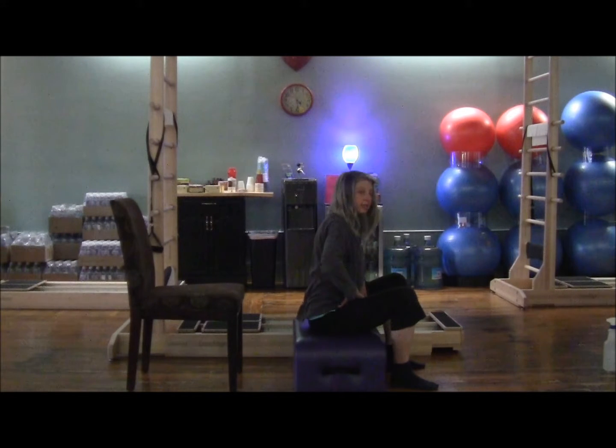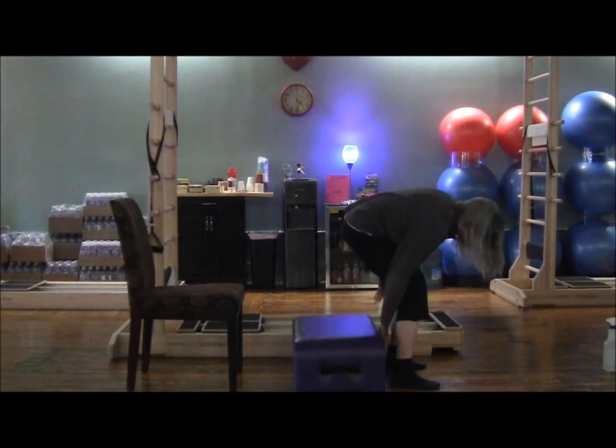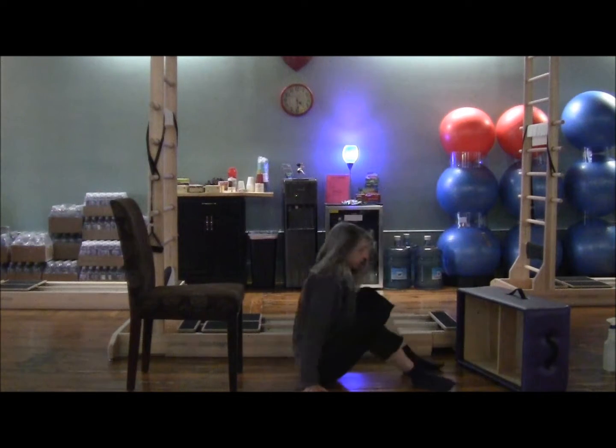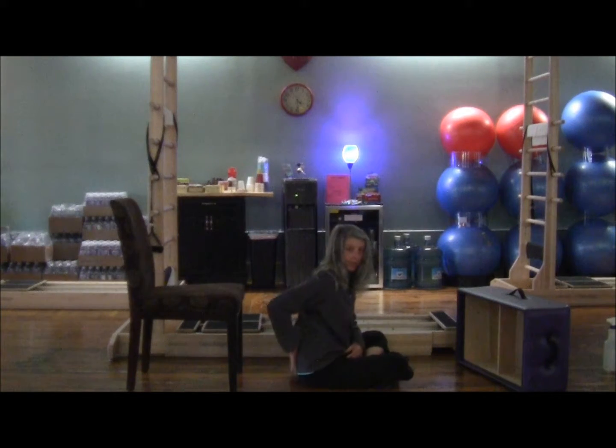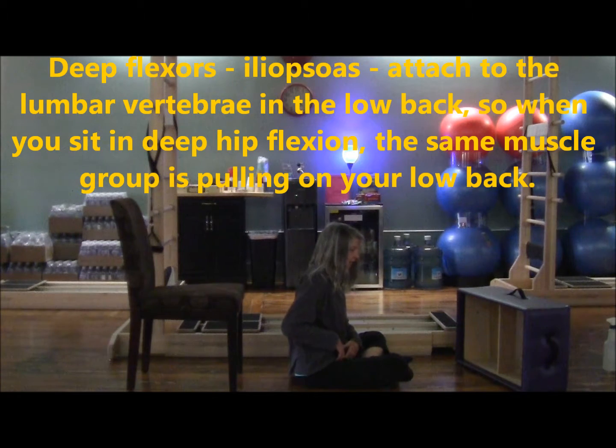Also, sometimes when you're in a lot of hip flexion, that can pull on your lower back. So the lower your hips are to the floor and the longer you sit there, you may find your lower back gets tight just from being in that hip flexion, because your deep hip flexors